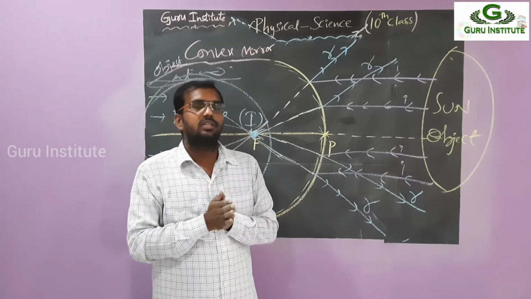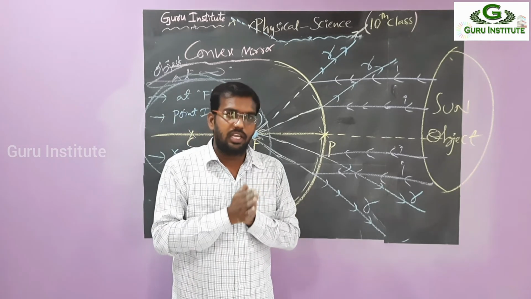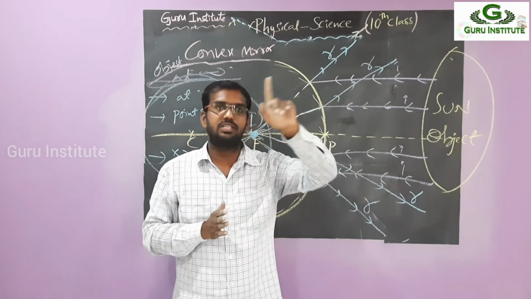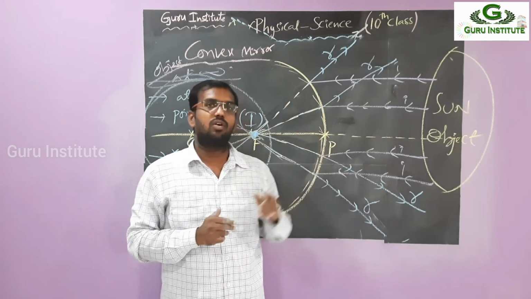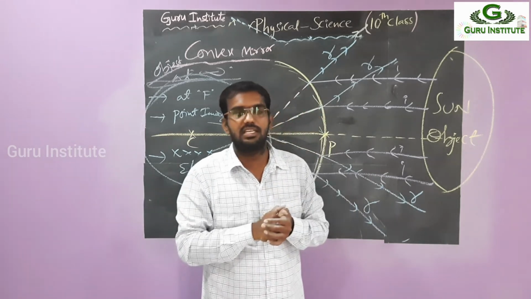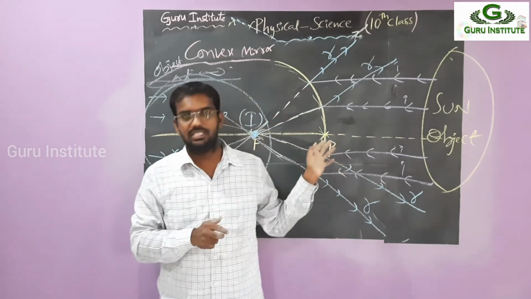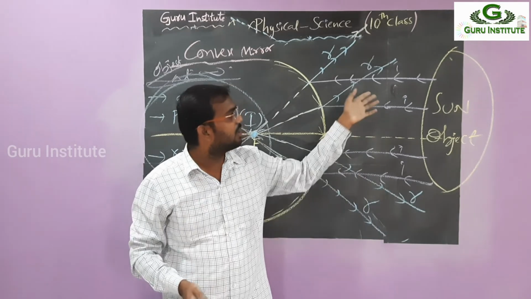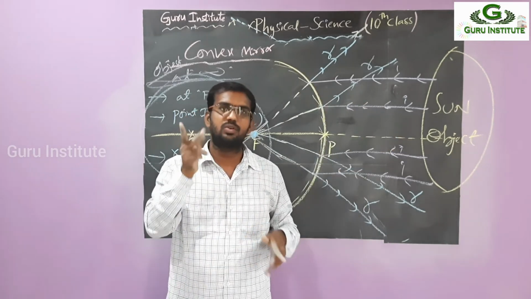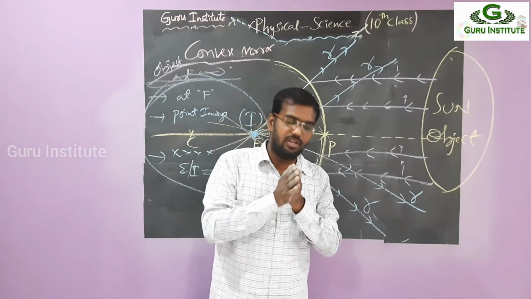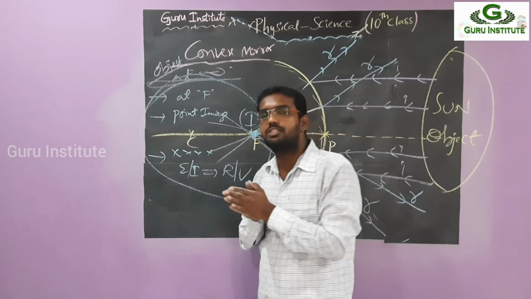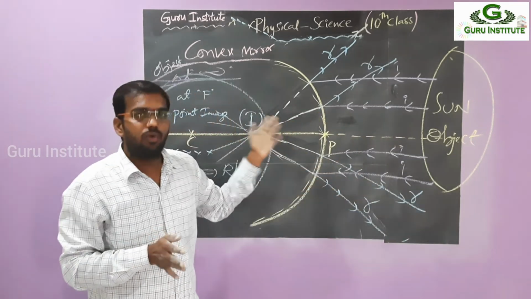In concave, 5 cases are there, and we have seen the 5 cases. Along with that, the object at infinity case is over. In the convex, we are not able to keep the object inside the mirror, so there are no such cases. All the cases are the same, we have already seen this. The last case is the object at infinity. In total those are 6 pictures and these are 2 pictures. If you learn the 8 pictures, you will definitely crack the 4 marks in your regular examination. For drawing the picture, you will get 1 mark.